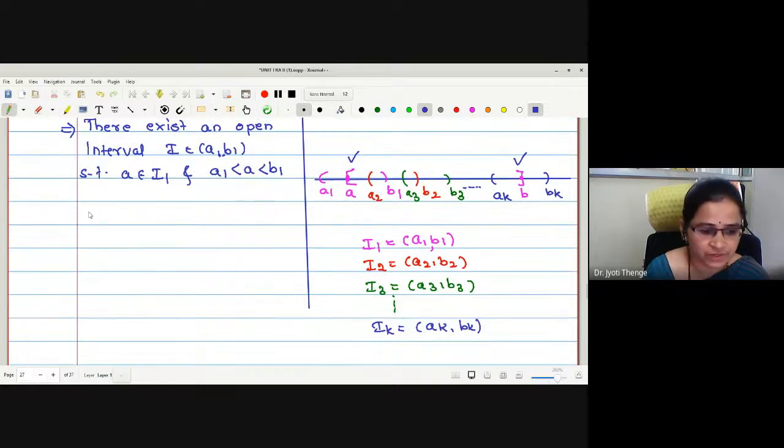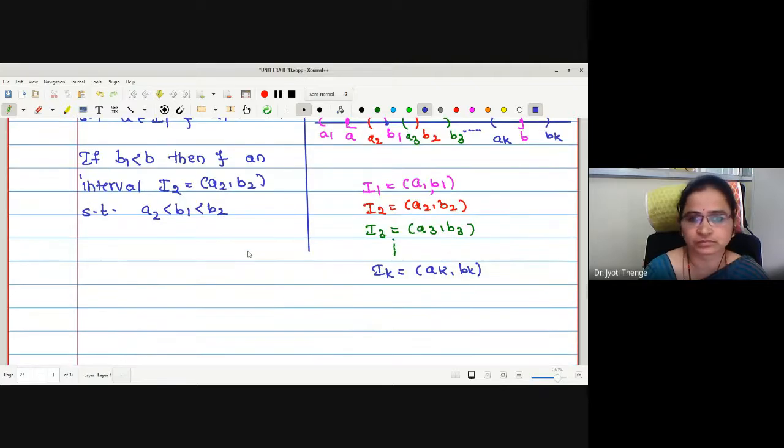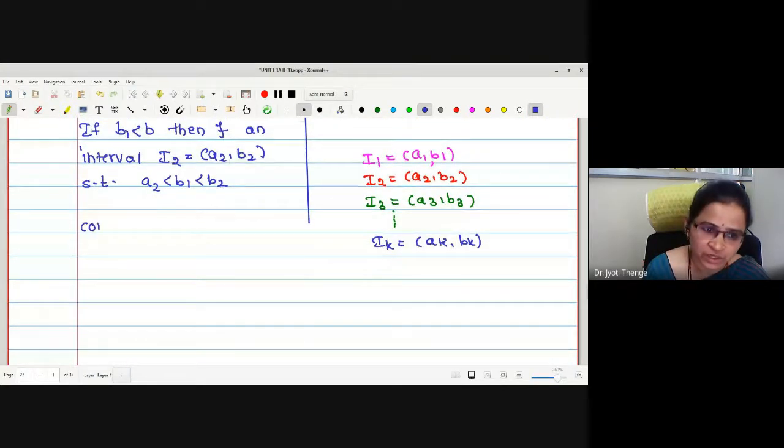Okay. Then we have written if B1 less than B. Here still B1 is less than B, no? We have not reached to the point B yet. Therefore, if B1 less than B, then there exists another interval. An interval, say I2 I am going to write. Interval I2. What this I2 is? It is A2, B2. Such that A2 less than B1 less than B2. That is, this A2, B2 is going to cover the point B1. Correct na? Okay. And continuing in this way,